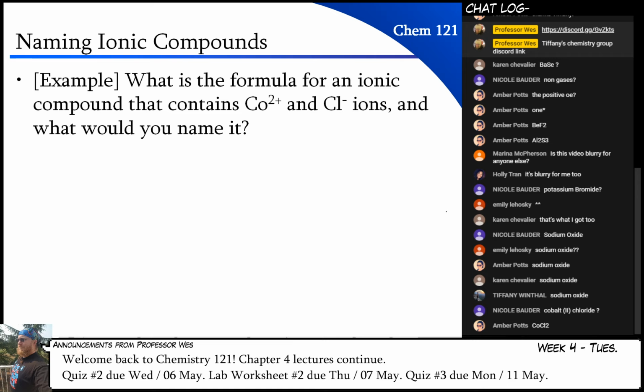So how do I get CoCl2 from these ions? We're going to do basically the same thing that we did before. So here's my cobalt with its +2, and here's my chloride. I need another one to match the +2 over here, so this will be my formula. And then to name it, I just need to name the ions that are present. So I would call this cobalt(II)